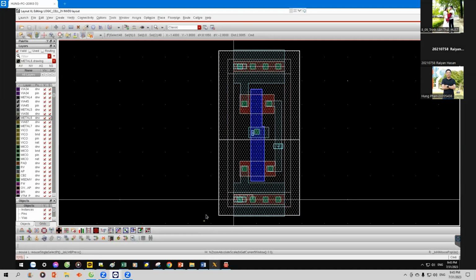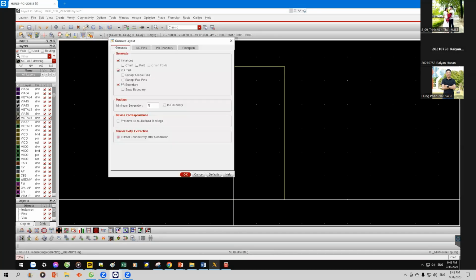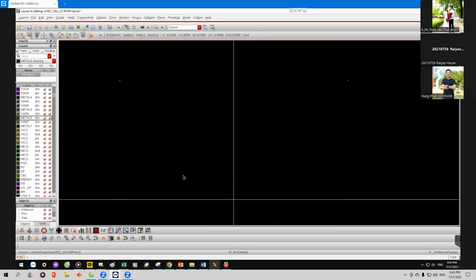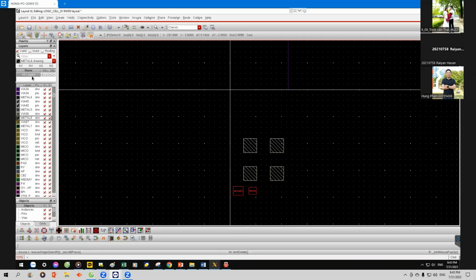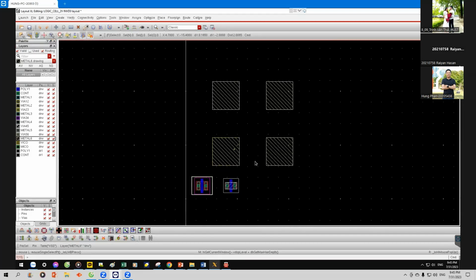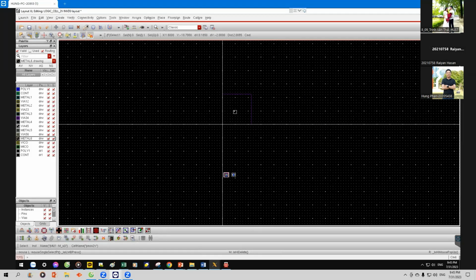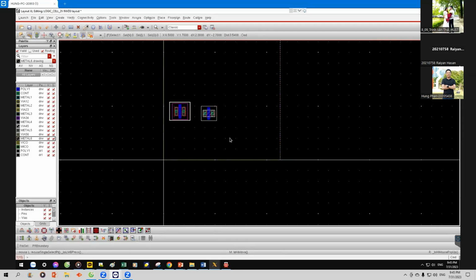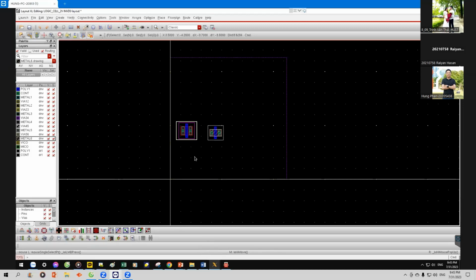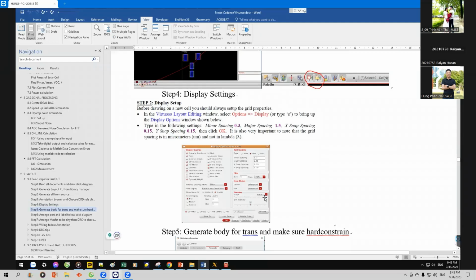Actually, this is the old file, we generate from source. Okay, and still we will have N modes and P modes, and then next step is